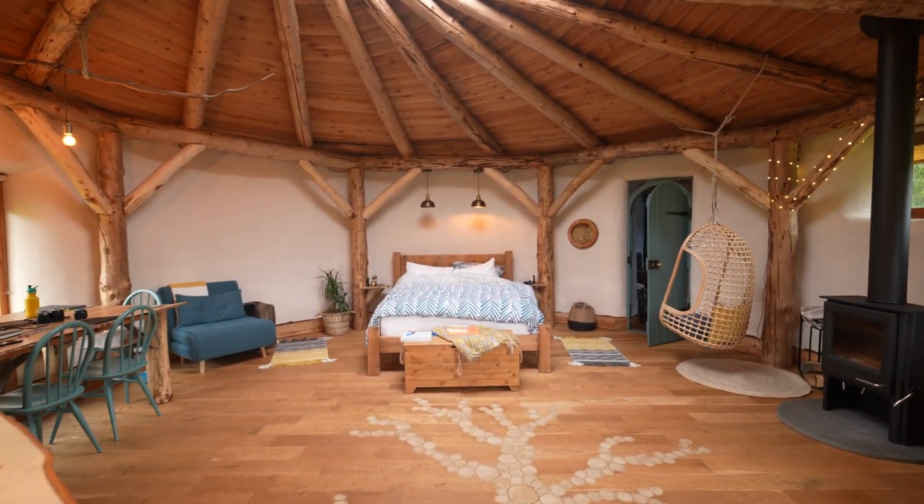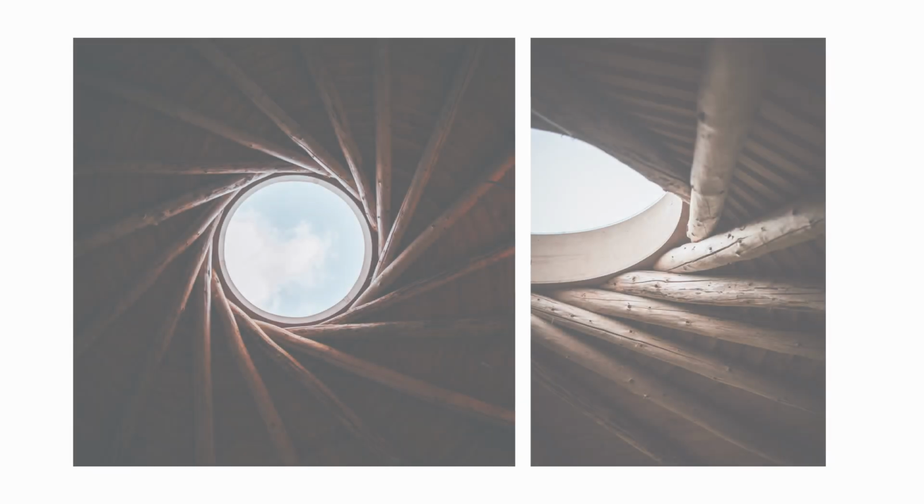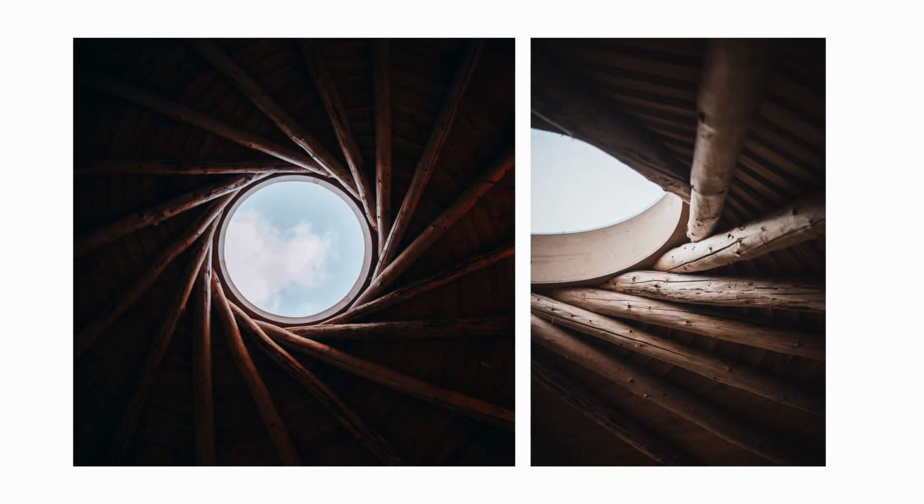Welcome to the Willow Roundhouse here at Round the Woods. We're here for a few days just taking a bunch of photos. I'll put a few up on the screen so you can see the kind of thing that we've been doing. And it's nice to be out of the YouTube studio, so I thought what I would do is I'd talk